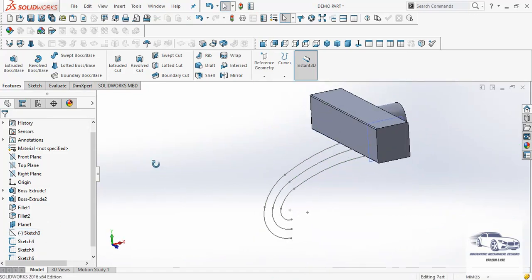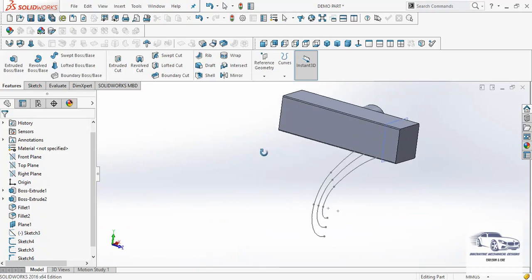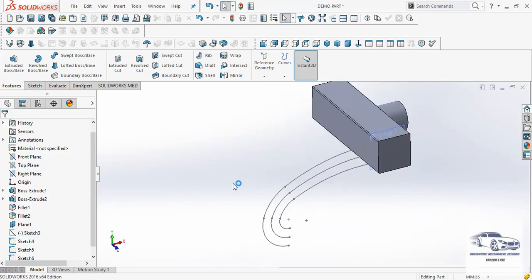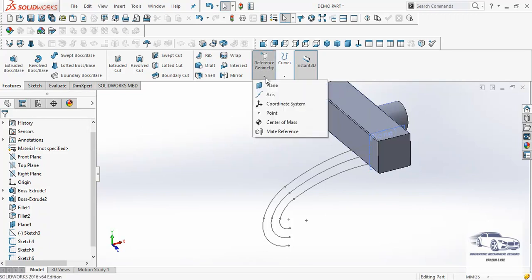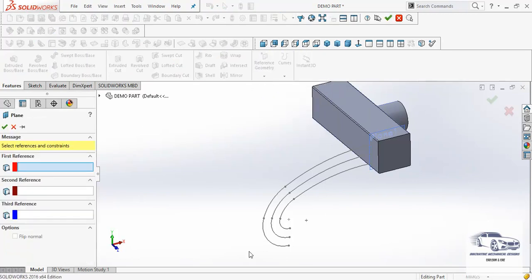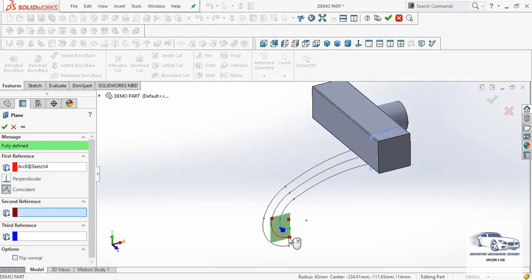Now next, in order to create the particular contour, we have to sweep a circle passing through these 3 particular contours. For that I will take a plane taking the reference of any arc and its endpoint.